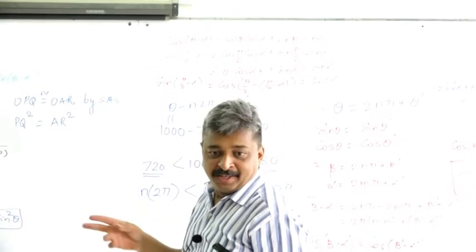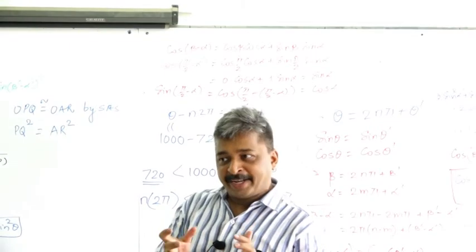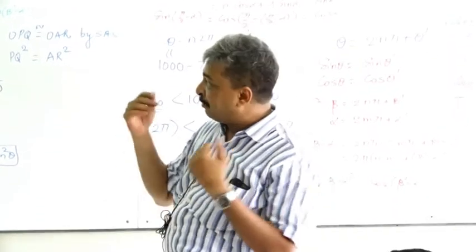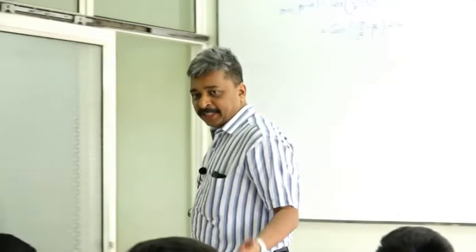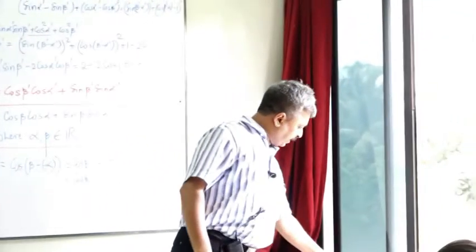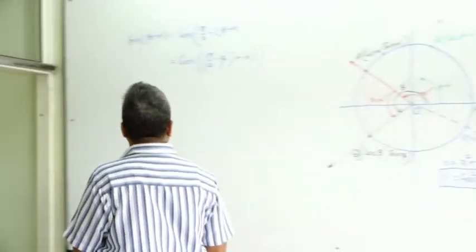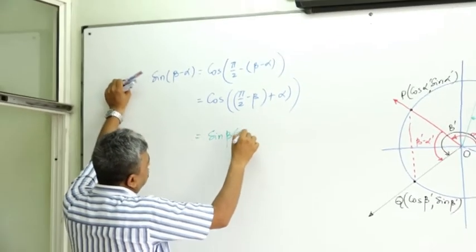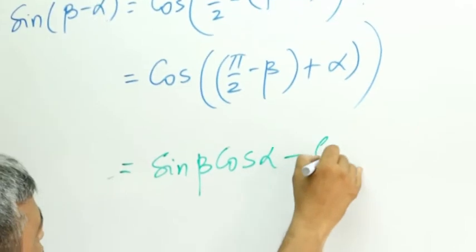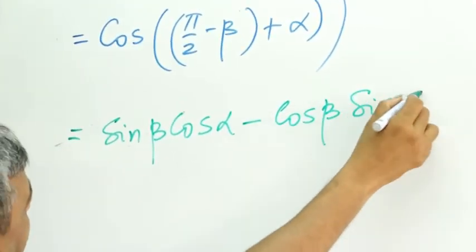It is a trick. Just this bracket or that bracket. If we take one bracket, we end up getting sin(beta minus alpha) again, which is also true. But if we just flip the bracket, we get another identity. Sin(beta minus alpha) is sin beta cos alpha minus cos beta sin alpha. So if you expand this, we get sin beta cos alpha minus cos beta sin alpha.